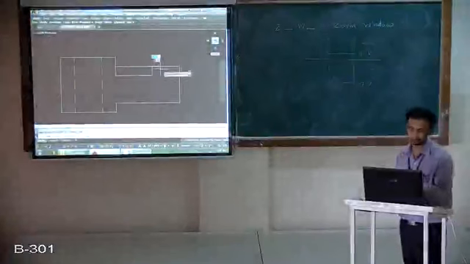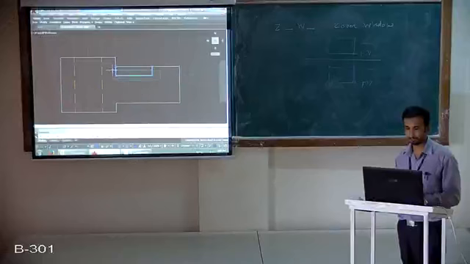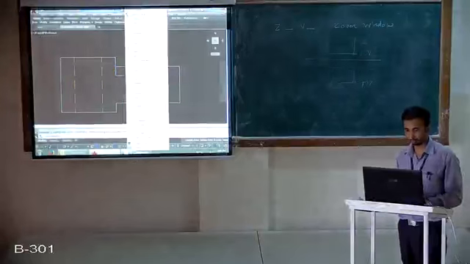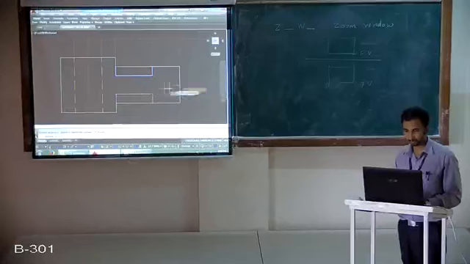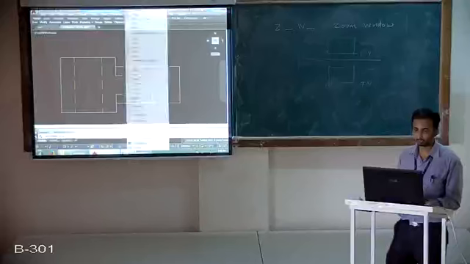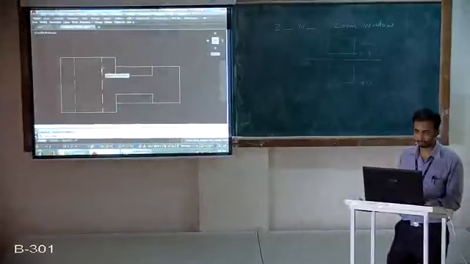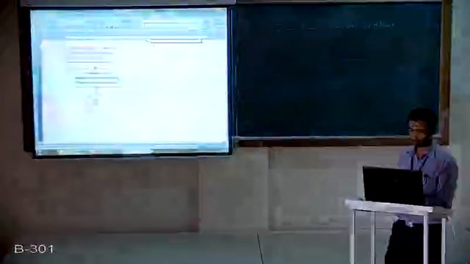Now what is the remaining line? Only this one, because this is hidden and I am showing this particular slot. So just take a line command, starting from this point, join to this line vertically, that is perpendicularly. Now use the match properties command again. Click on this yellow colored line and then click on this line. So here we are finished with these two views, right? Understood? Now the only part remaining is to give the dimensions.